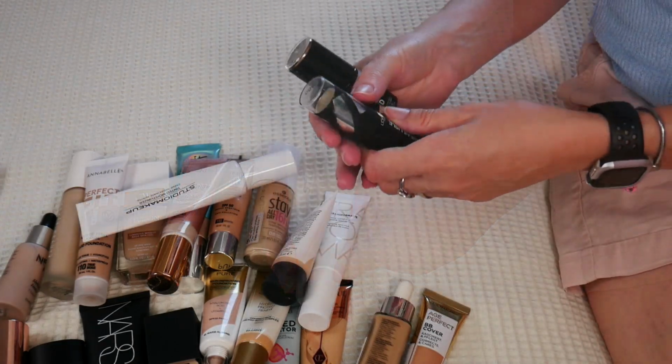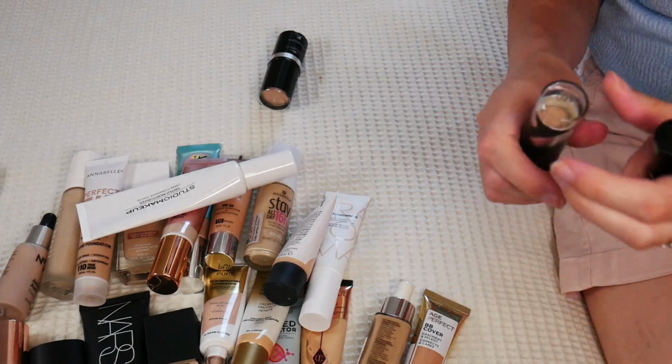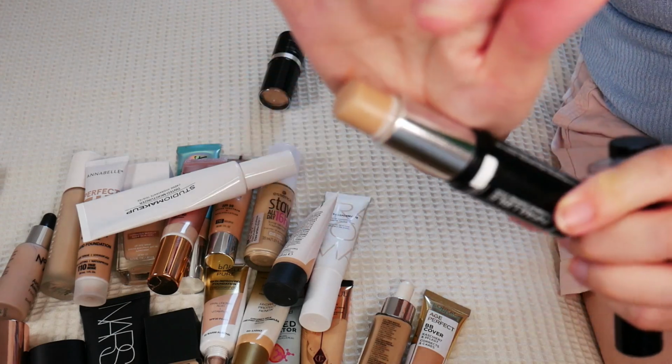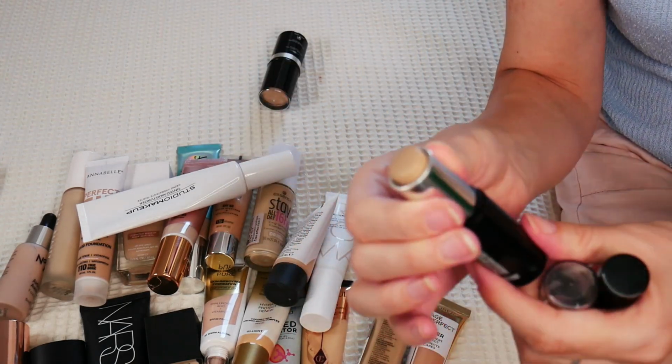And 3 stick foundations that I'm going to keep. All of them are amazing. First is this one from L'Oreal, Infallible Longwear Stick. I don't think they are making this anymore. I don't know why they discontinued this one. This was